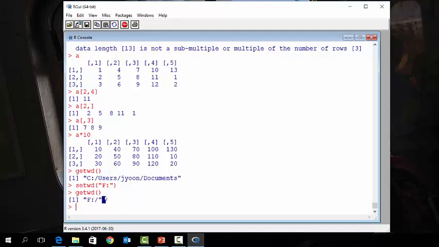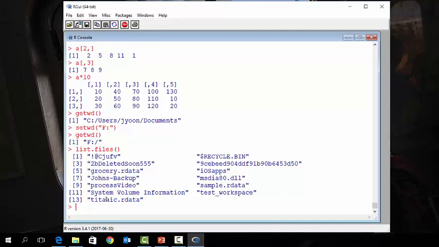If we want to change from there to the place where I want to have my file, then you need to have list.files. List.files. Then I have this directory, that, whatever, right? Some directories and some simply files. So this is a directory that I want to have. Then I need to do setwd again,